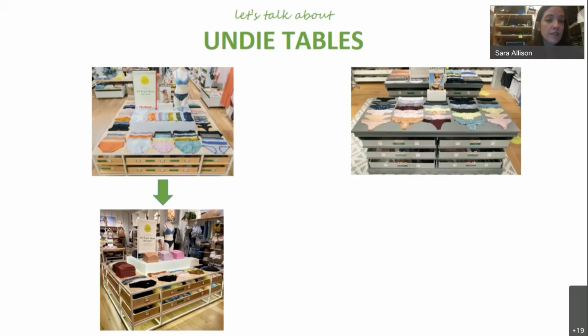So first example here is in a modern store. You'll notice we kept undies front and center. They all are grouped together. Any apparel we're adding is very separated, and it is an item that makes sense within an undie presentation. So like a basic tee, I would lounge around in that.